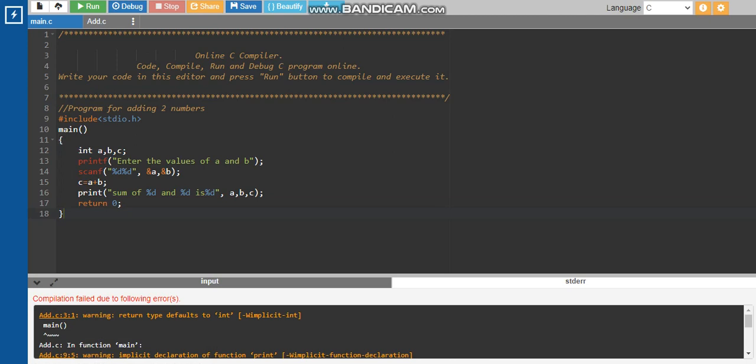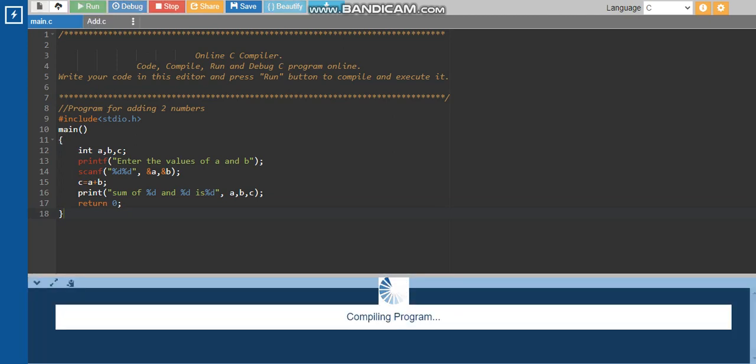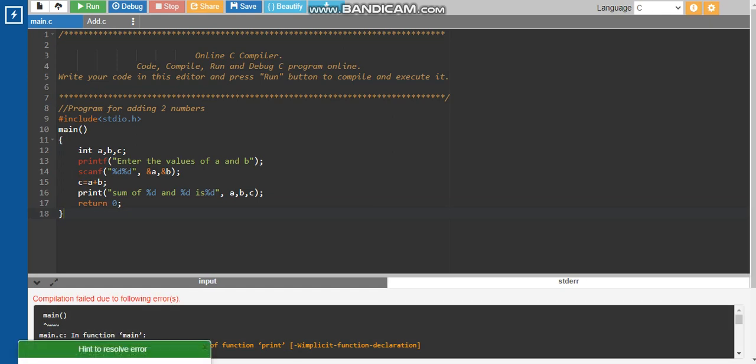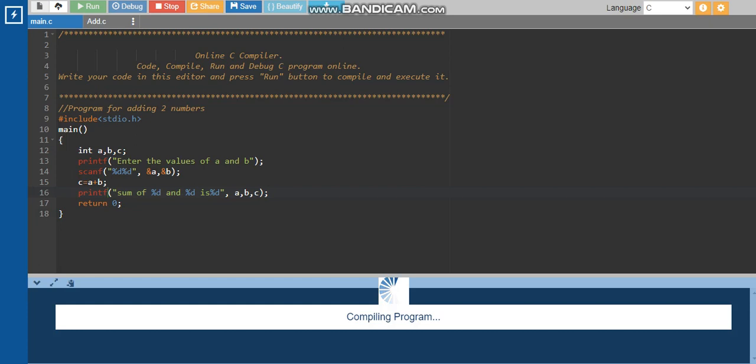So I have taken everything over here, and now I will try to run. There is some error, and the error is that the statement should be printf, not print. Again let us try to run this.